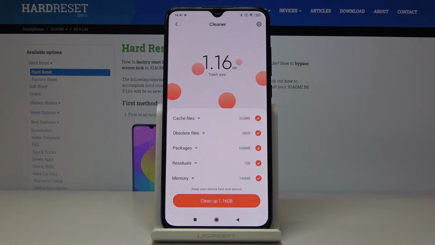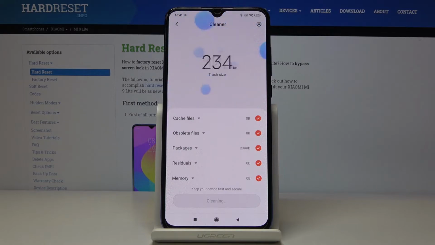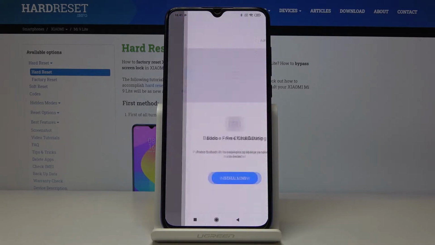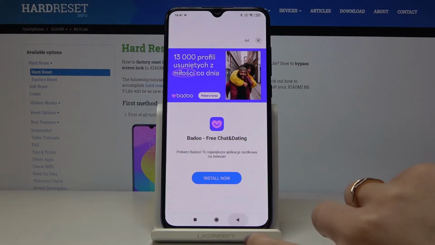will be scanned. And as you can see, now you can clean up some space. Smoothly click here. And it has been done, as you can see. Now you can go back